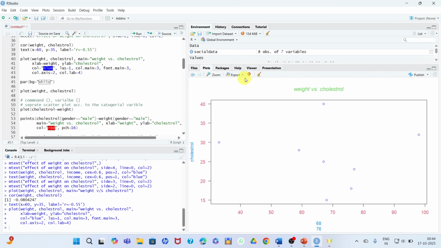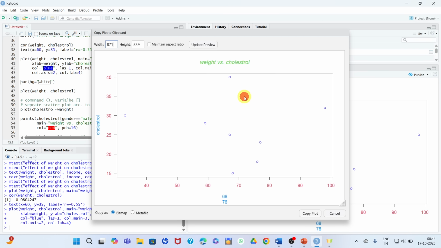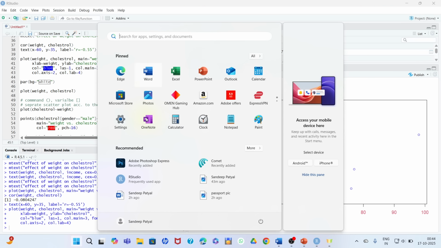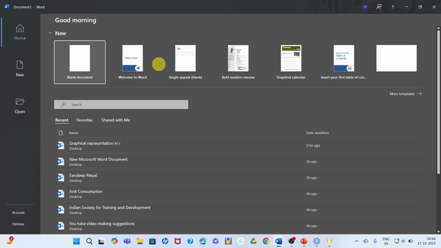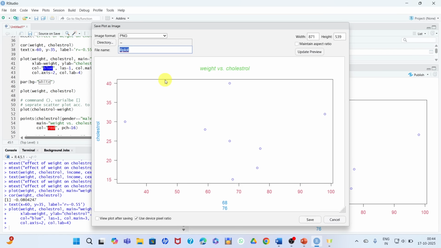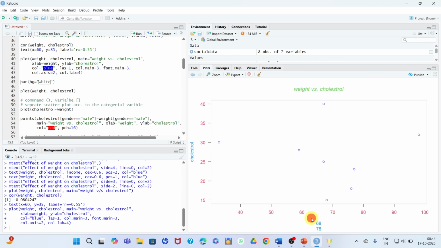If your Word is not working, you can again copy to clipboard and paste it here. You have many other options: you can save as PDF or save as image. For example, if you want to save an image, click here and the image is saved in the R script.